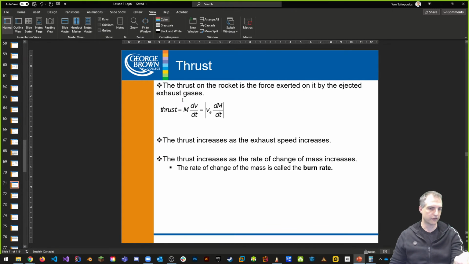Notice when we actually fire a rocket, how it gets faster and faster. Why? Because the same amount of propulsion is driving less and less mass over time, which means it's going to accelerate. The rate of change of the mass is called the burn rate. How much fuel I'm eating up is the burn rate of the rocket, right? Kind of a neat idea. Neat, but again, out of scope of what we're talking about here in this course.